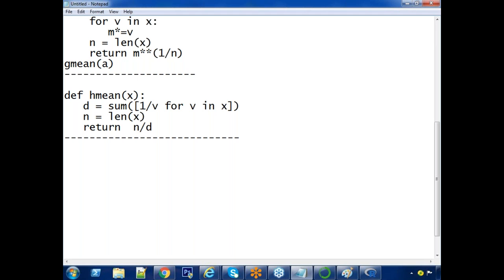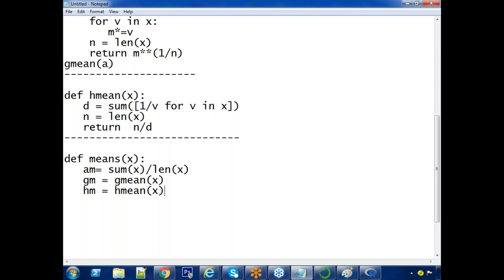So the function name I am giving like this: define means of x. First I want AM, sir. What is AM? Sum of x divided by len of x. What about GM? We already have the function gmean of x, which we did in the previous to previous class. Harmonic mean I want